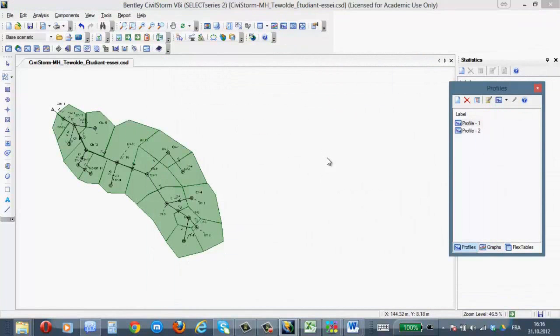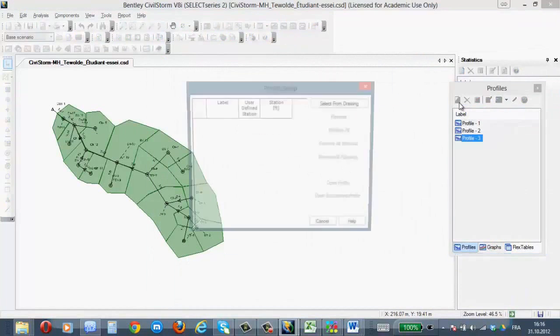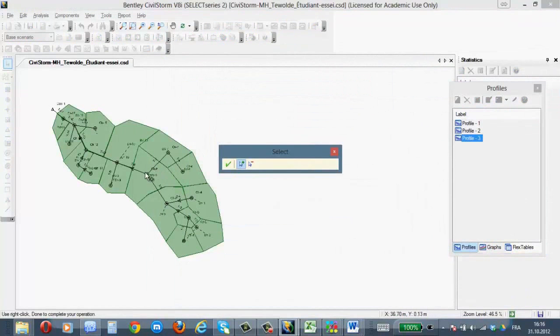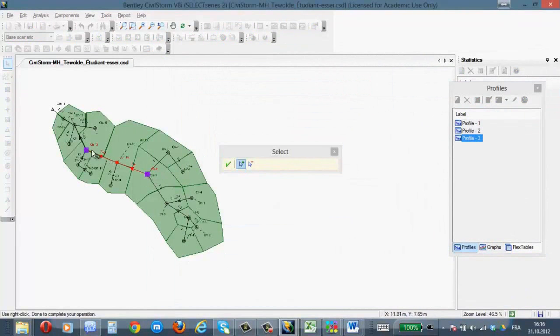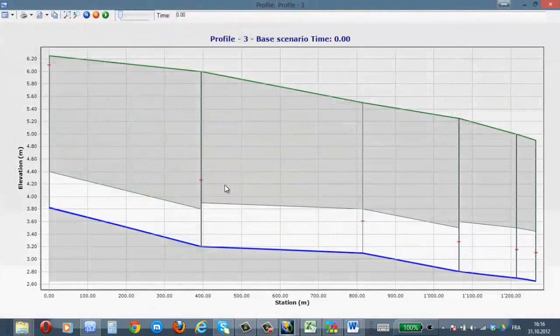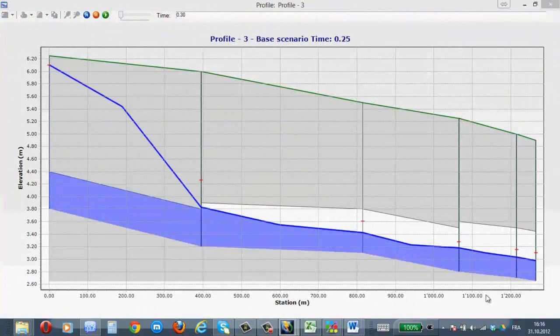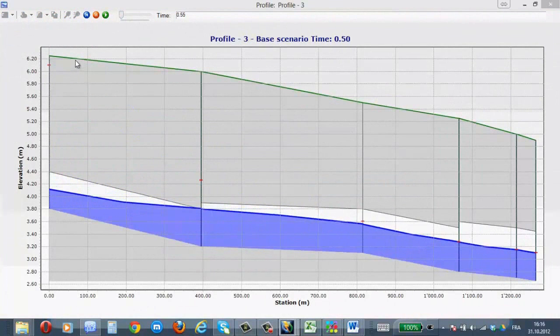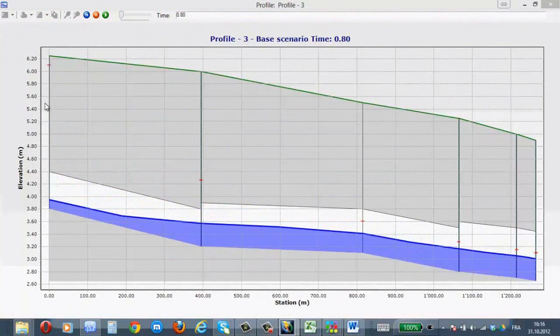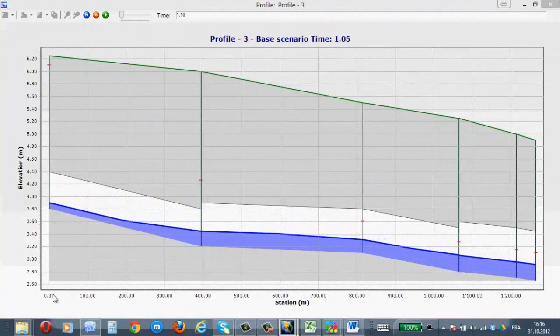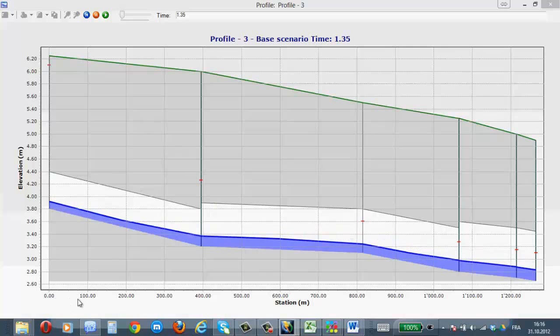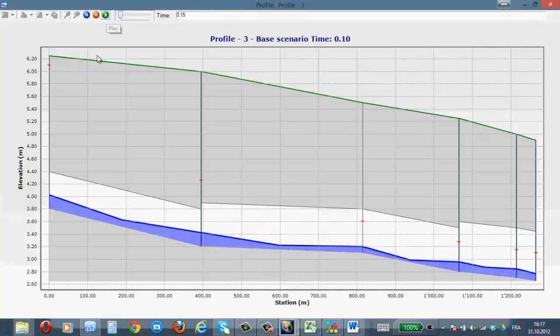And if you want to see live the profile, you just click here, select a drawing from here. From the drawing profiles, it's to the outlet. Now open profile. This is the profile. You can see the profile for the whole day. You see the hydraulic grade line increased momentarily, especially in this 1.5, when